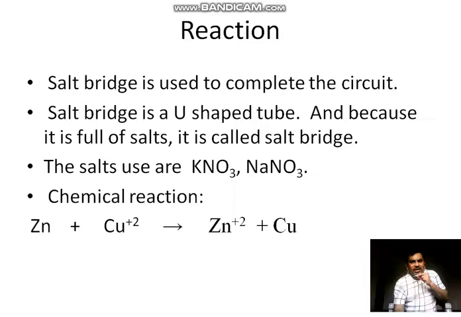Now we are going to talk about the reactions and the substances involved in this. We were talking about the salt bridge, that U-shaped tube. The salt bridge is used to complete the circuit, and it is a tube full of salt, so it is called a salt bridge. Dear students, you have to remember there are two types of salt used, KNO3 and NaNO3: potassium nitrate and sodium nitrate are used as the salt. And the simple chemical reaction: zinc is going to convert into Zn2+, and copper 2+ is going to convert